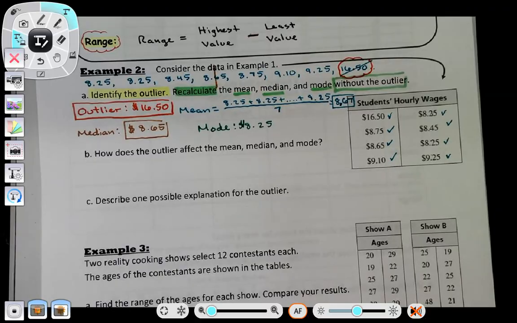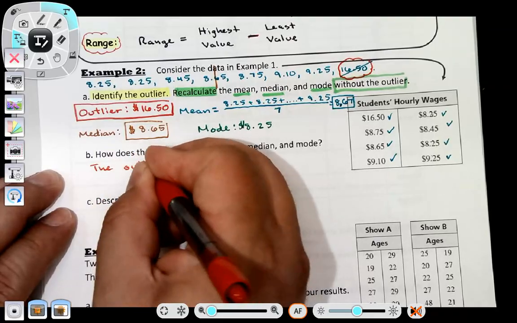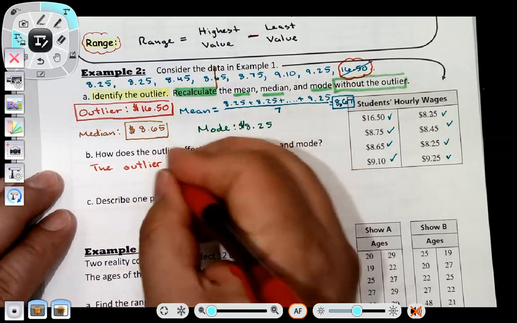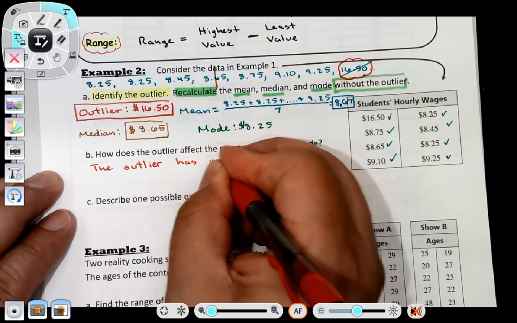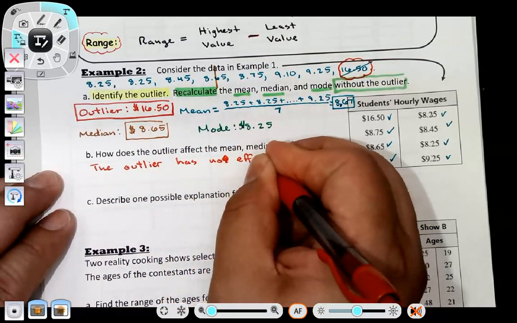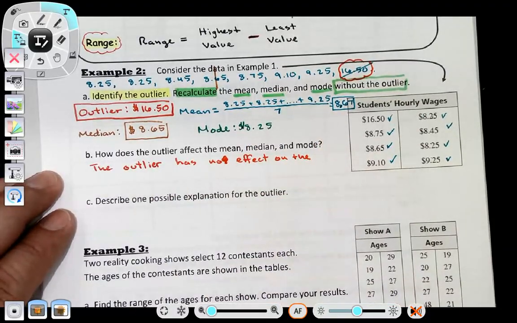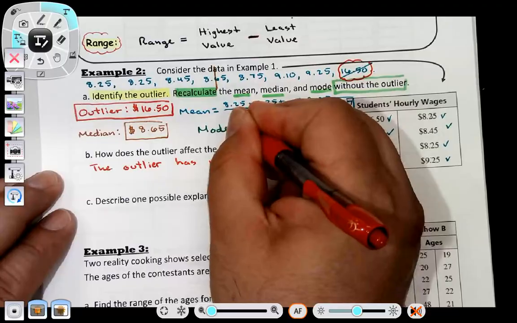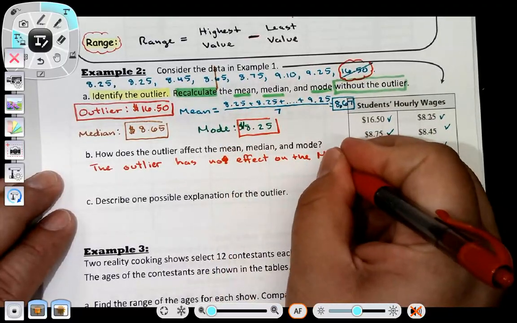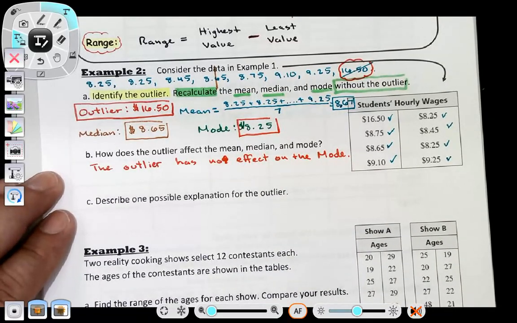So again, by taking out a certain value, it changes. Which number stayed the same out of all three of these? Yeah, so the mode. The mode doesn't really get affected by much, right? It's all about repetition for that one. So the outlier has no effect on the mode,